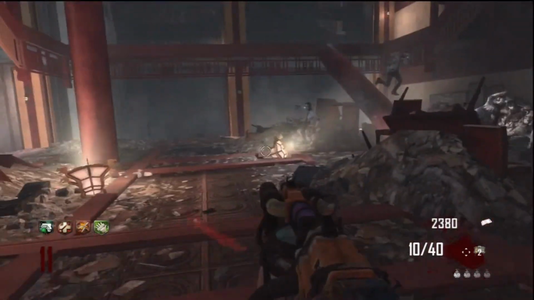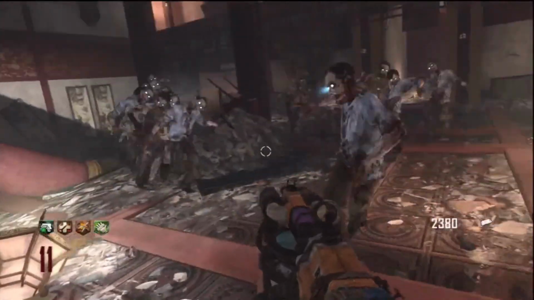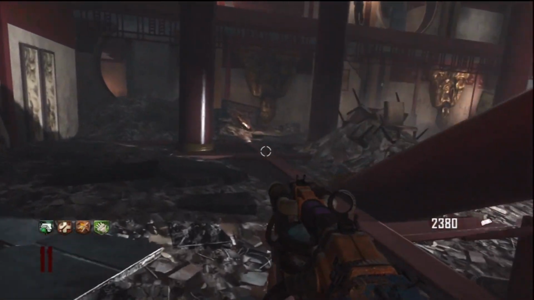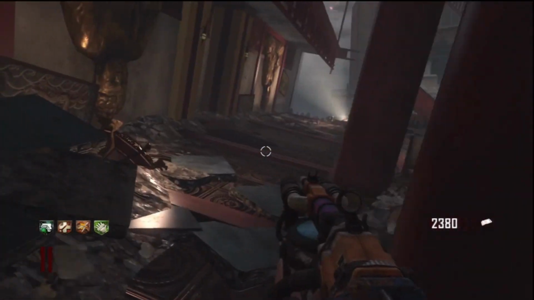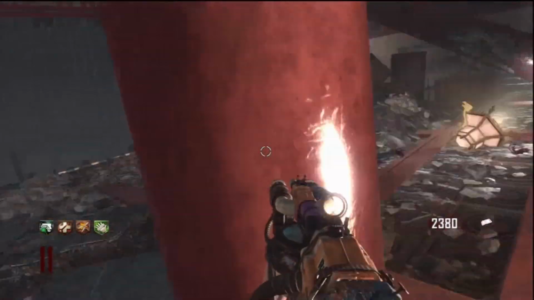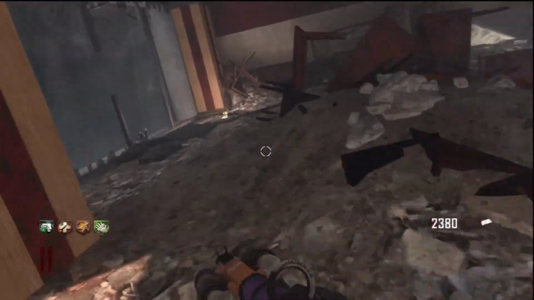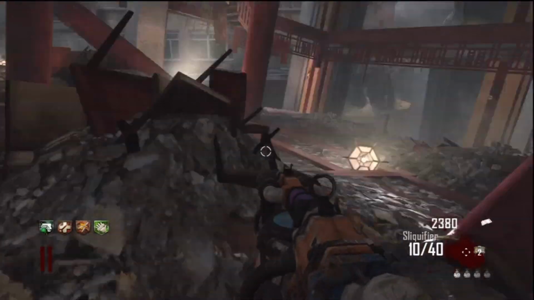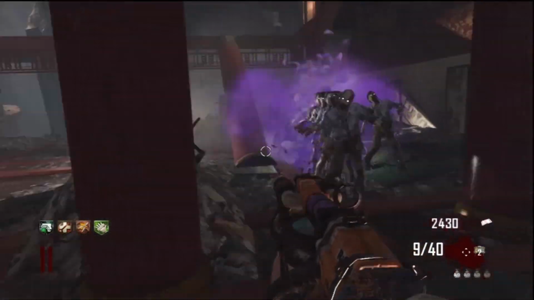Honestly, the zombies don't stand a chance. So all you really do is just run the perimeter of this room. It's pretty dang easy. Just run around the outside, go on the inside when you feel like it. The only thing you have to avoid is when you're shooting the zombies up. You want to just be aware of your surroundings. And you see right there,